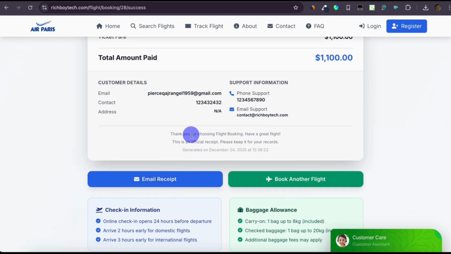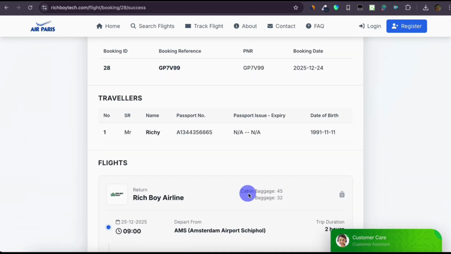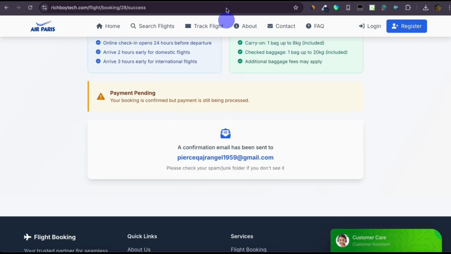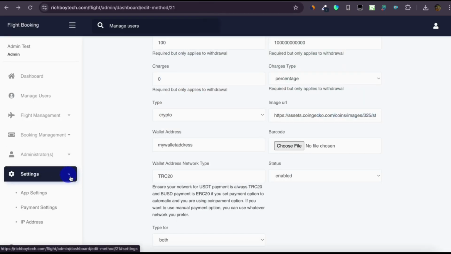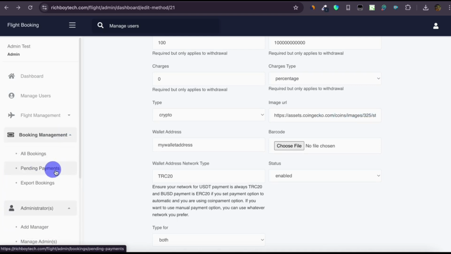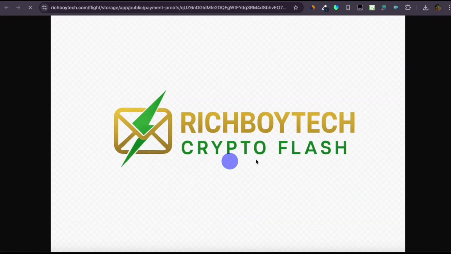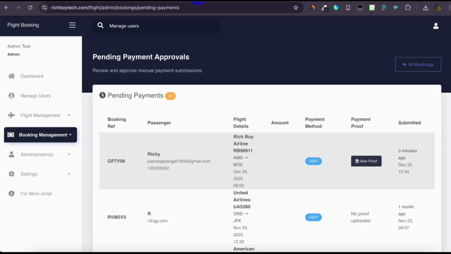So let's go back to the admin section to approve this payment. So next step, click on booking management. Then you see pending payment. You can see Richie. So you can decide to view the screenshot or the payment proof the user uploaded